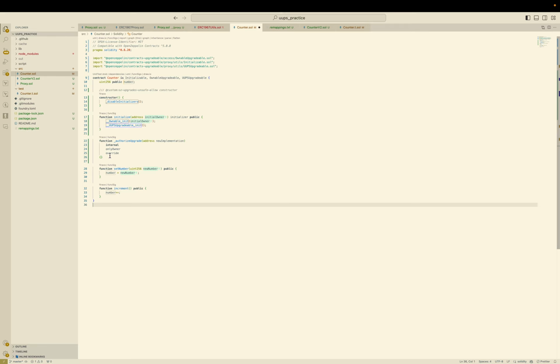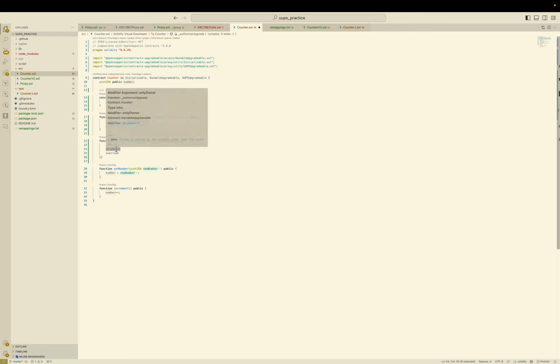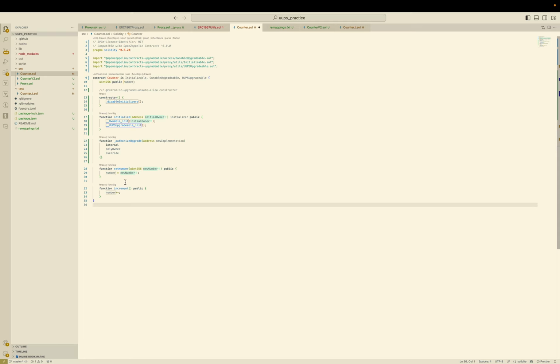And lastly, let's go over our authorize upgrade function. Again, we want this to be ownable, so only the owner can call this. You don't want just anybody calling this. This is what actually does the upgrade. So suppose we decide, hey, I no longer want to increment by 1, I want it to increment by 5. So I write that in our counter version 2 contract. We see here, we're incrementing number by 5. And what we have to do is deploy this contract, call authorize upgrade, pass in the address of that new